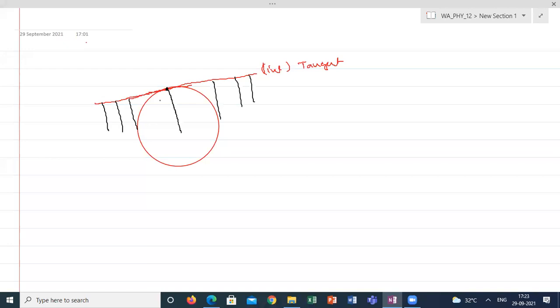If it is a circle, you can draw any number of tangents. Suppose I am taking one particular tangent here. This tangent is nothing but a line, and I can draw so many perpendiculars to it. I can draw one perpendicular here, another perpendicular, another. This is the contact point with the circle. Here also I can draw another perpendicular. But we call only the line drawn at the point of contact of the circle and tangent the normal. The rest of the lines are actually also normals.